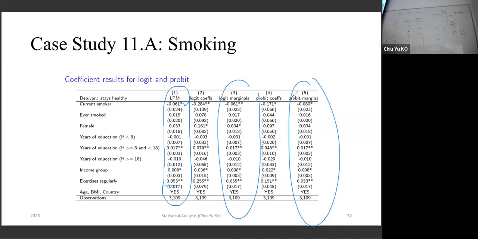So that's why, if they're so similar, usually we're happy to just do LPM. Why? Because it's easy to explain. Because it's linear, and it turns out that it's very similar anyway, so you don't really bother. But that being said,